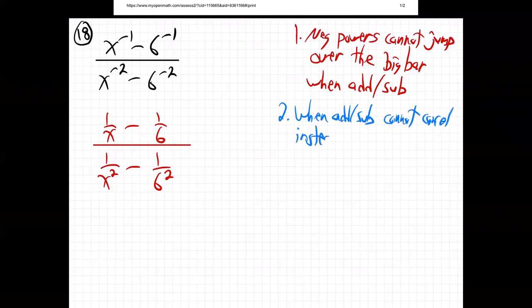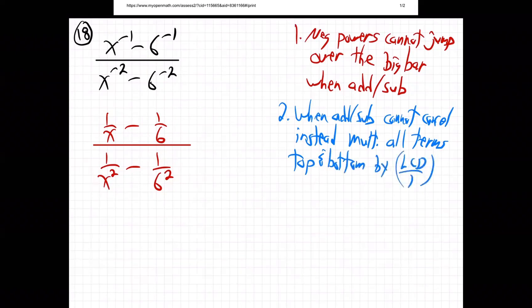Instead, what do you do instead? Multiply all the terms top and bottom by LCD over 1. So I'm going to multiply all the terms on the top and the bottom by the LCD